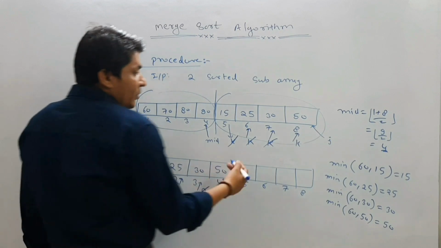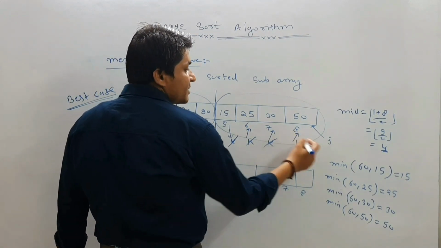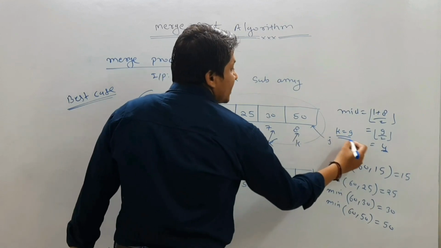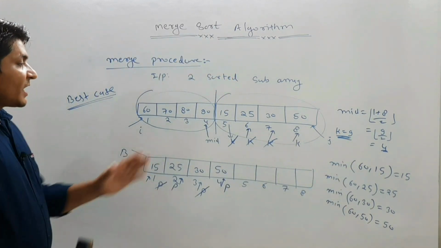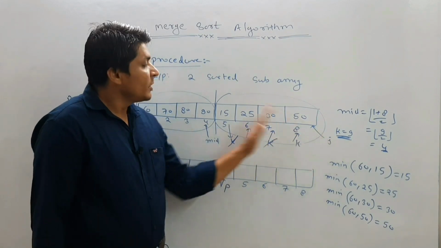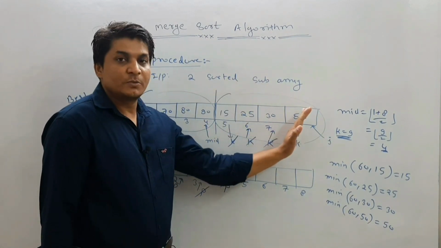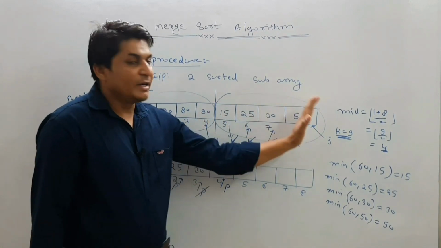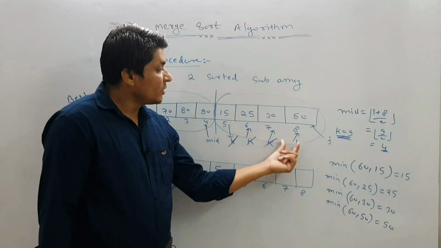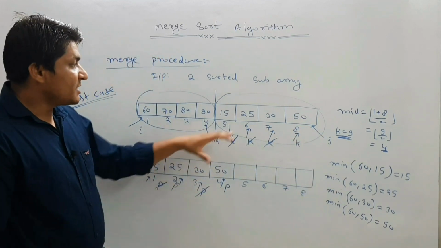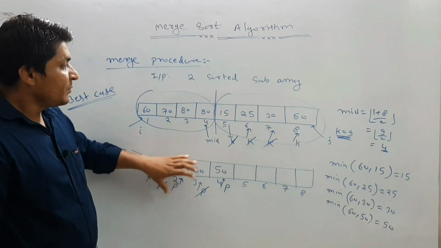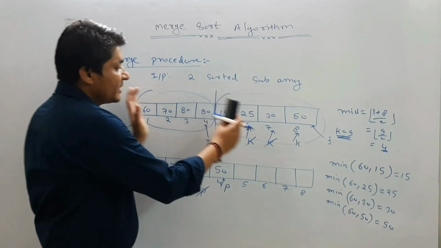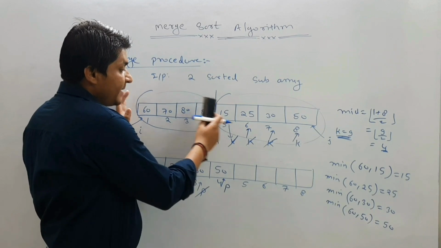Now again you are going to increment. You have already copied this, so k will be incremented. The k value will become 9, correct? If the k value has become 9, it means we have already copied the contents of the second array into the first array. That is the reason k has incremented. Now k is out of this array. We have already copied the content of this array, and these are two sorted arrays. So you can simply copy all the contents of the remaining array into this array.